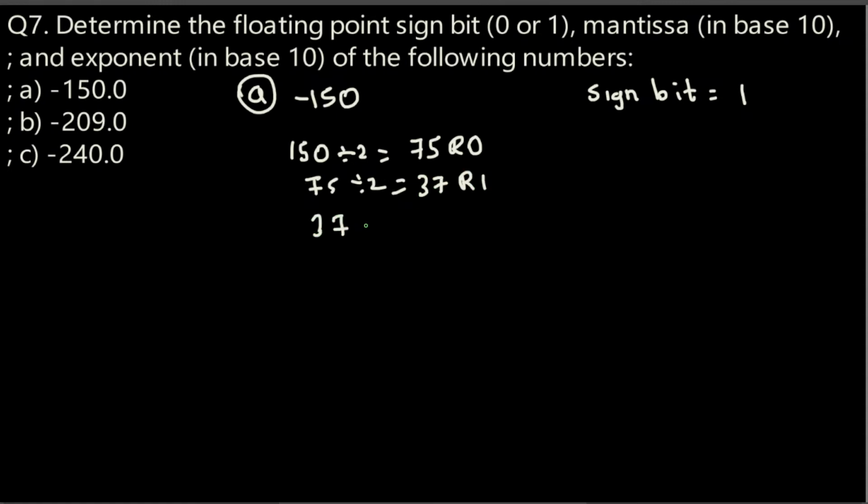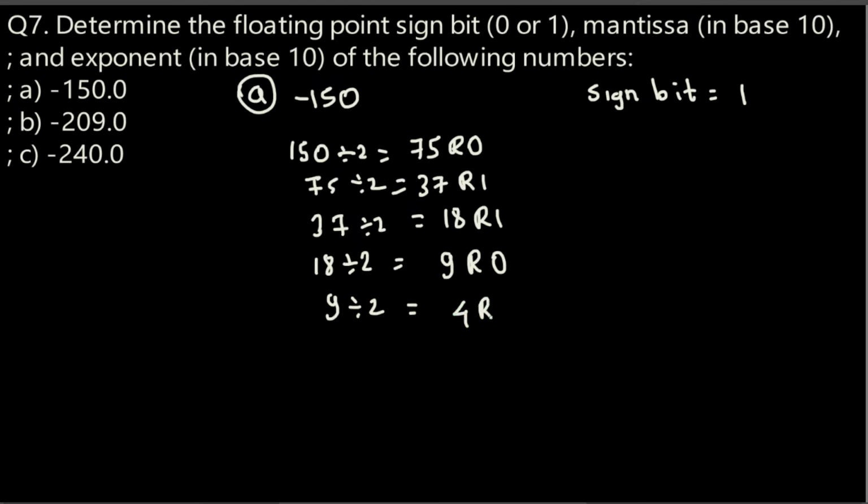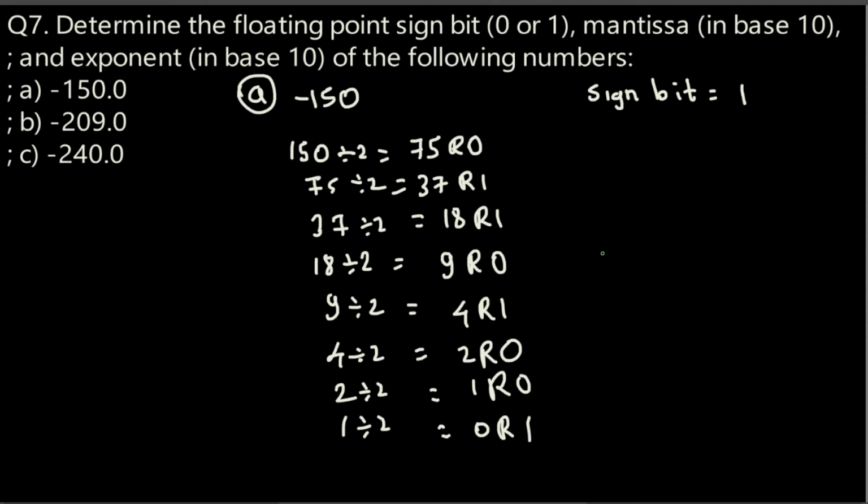And 37 divided by 2 is 18 and the remainder is 1. 18 divided by 2 is 9 and the remainder is 0. 9 divided by 2 is 4 and the remainder is 1. 4 divided by 2 is 2 and the remainder is 0. 2 divided by 2 is 1 and the remainder is 0. Then 1 divided by 2 is 0 and the remainder is 1. And then we go from bottom to top, and here we get 1 0 0 1